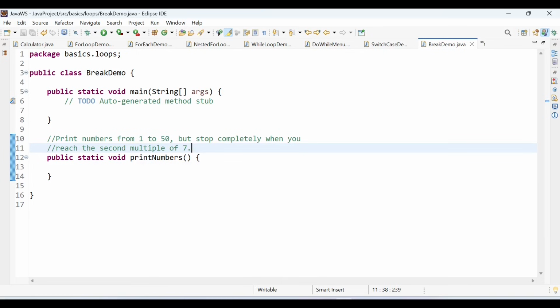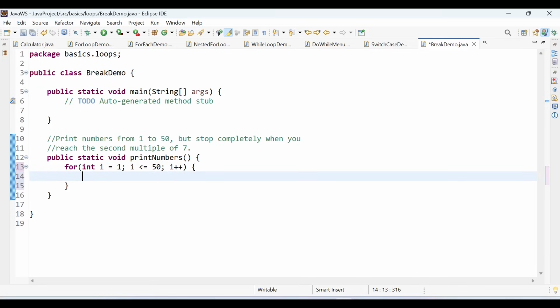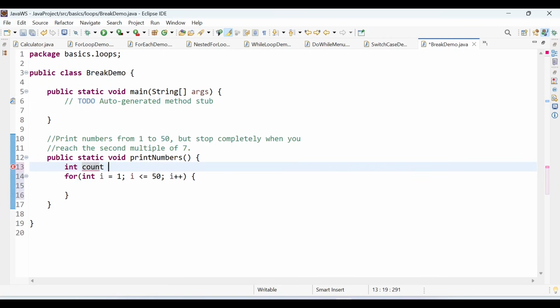So your loop should work from, let's say I'm using a for loop, int i equal to 1, i less than or equal to 50, and i plus plus. But you should stop as soon as you go through the second multiple of 7. So we have to manage the count of multiples of 7 also. So let's start with a count of 0, right? And what we can do in that case is